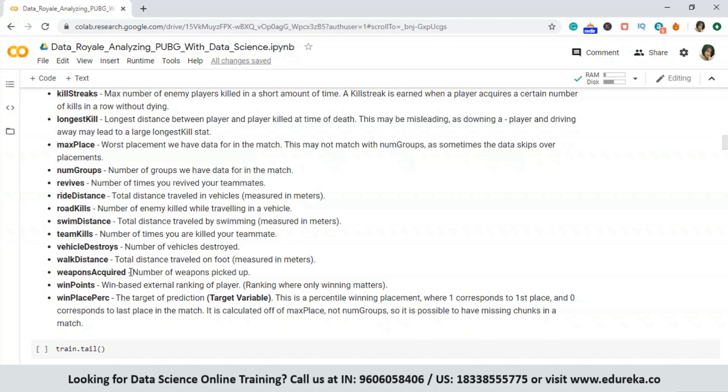And finally, we have win place percentile. Now, this is the main variable which we are trying to determine through this exercise. It is the percentile probability of a player winning a game, where 1 corresponds to the first place, obviously, and 0 corresponds to the last place in the